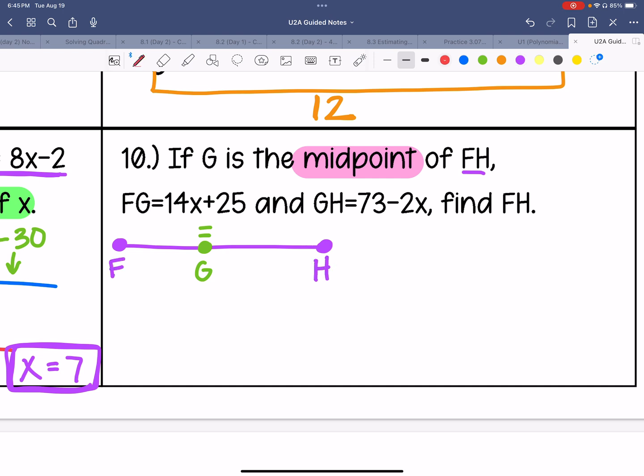All right, the next piece of information I'm given is that from F to G is 14x plus 25. And then I'm also given that from G to H is 73 minus 2x. Now, if we went ahead and put our equal sign above our midpoint, then we have already set our problem up to solve for x. So, I can take 14x plus 25 and set it equal to,